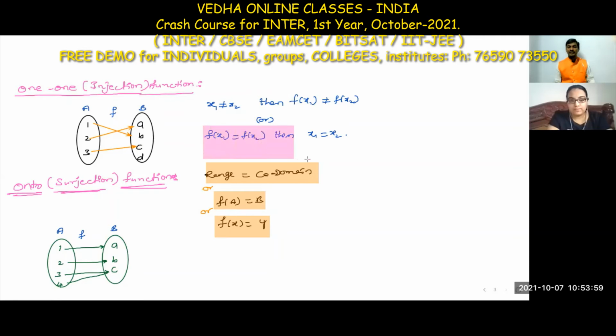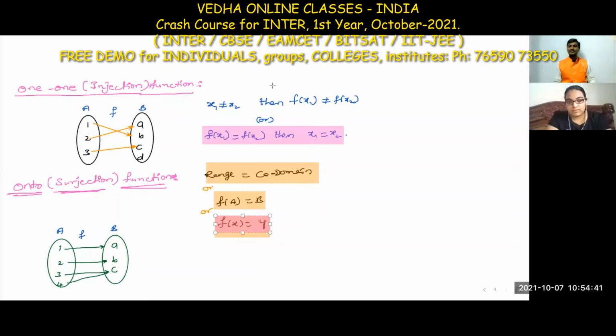How do you prove this? For proving whether it is an onto function or a one-one function, mostly we take f of x equals y to prove a function is onto, and based on that we prove it. If you want to prove a function is one-one, we prefer to take f of x1 equals f of x2. Equal images mean equal elements. Distinct elements have distinct images.